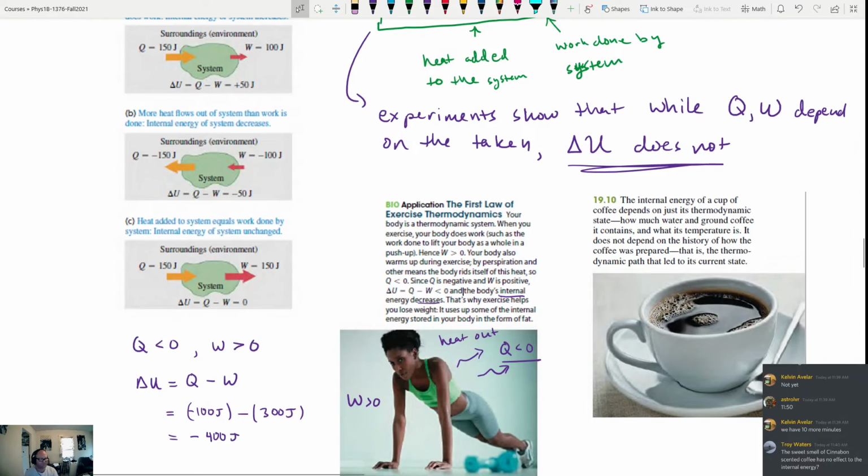But in and of itself, if we just look at a single cup of coffee, its internal energy has to be a number. And it can't be different whether the coffee came from being frozen and then warmed up, or whether the coffee had just been sitting out on the table for a while and you put it back in the microwave. It doesn't matter. It doesn't matter how it got to that temperature. It doesn't care. It just has some energy,